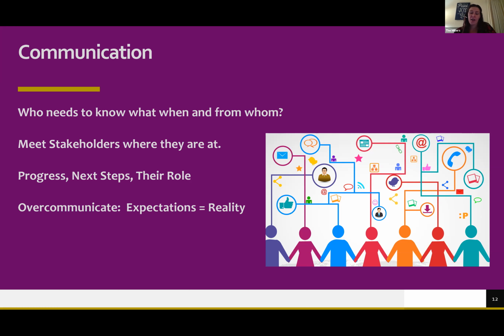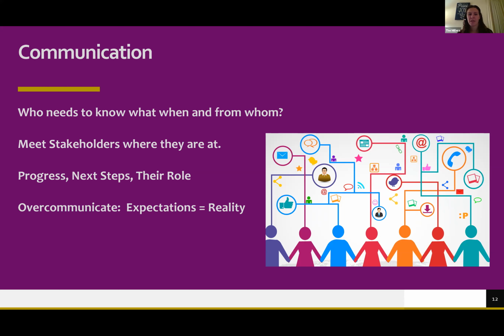And then over-communication. Sometimes people are like, oh, I've heard this 3 times. Well, in the work world, when you've got 40 plus hours in a week and a lot of information coming at you, adults don't learn things until we've heard them 3 to 7 times. So it's okay to over-communicate. I say things in team meeting, I send out my meeting minutes, and if it's a time-sensitive thing that I need the team's action on, I will send a reminder to say, hey, this is due today, don't forget.